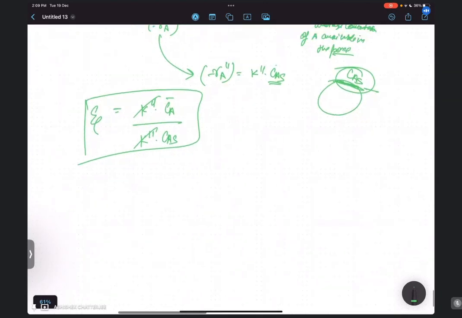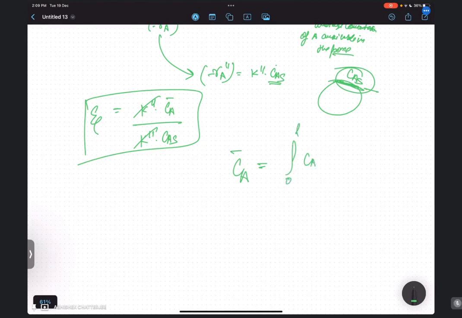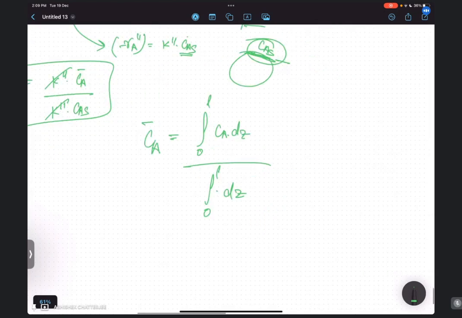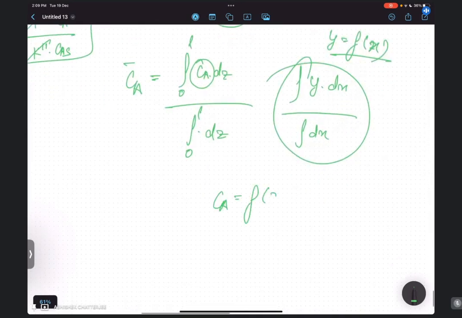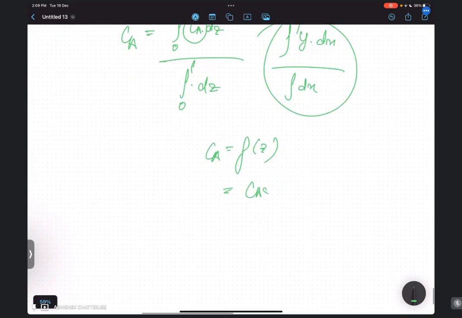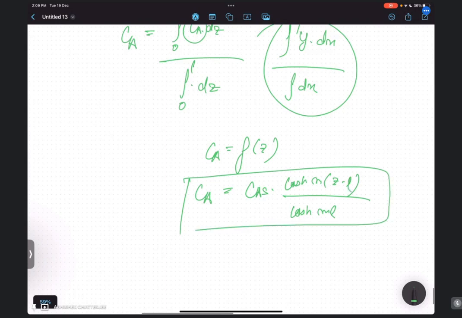Now this average concentration, again this average concept has come. So for average, you know it will be integration of 0 to L Ca into dz and divided by integration of 0 to L dz. Nothing. It is just y into dx integration and divided by integration dx, where y is your function of x. Okay. This y here is what? This y here is Ca, where Ca is nothing but function of z, that is nothing but equals to CaS into cos hyperbolic m into (z minus L) divided by cos hyperbolic mL। यही हो जाएगा CA।